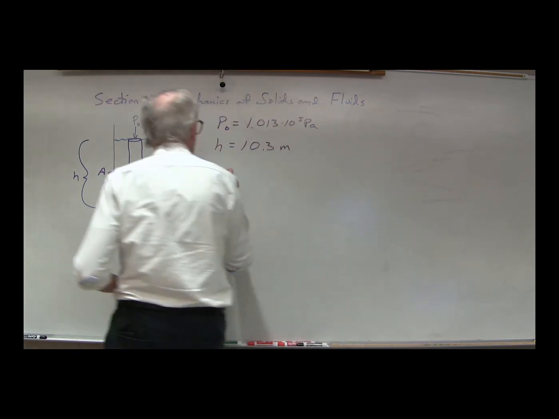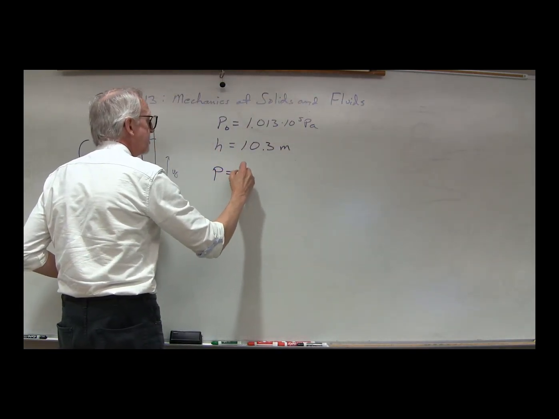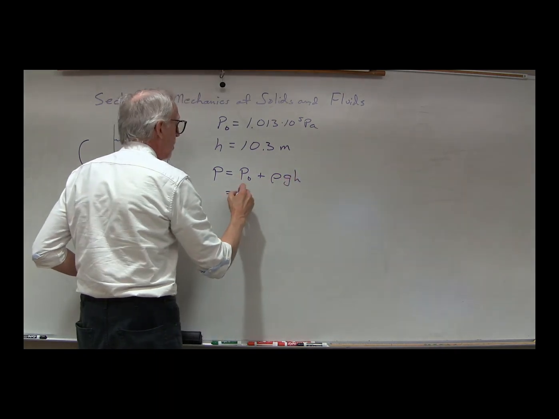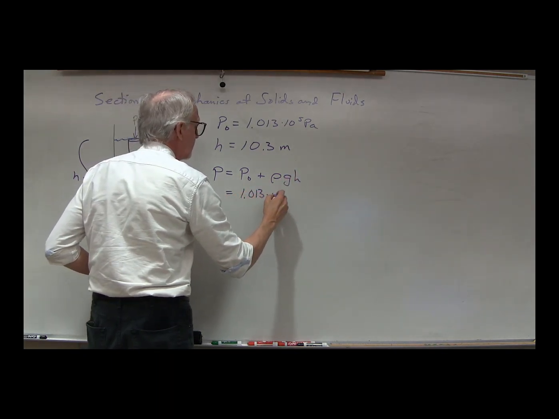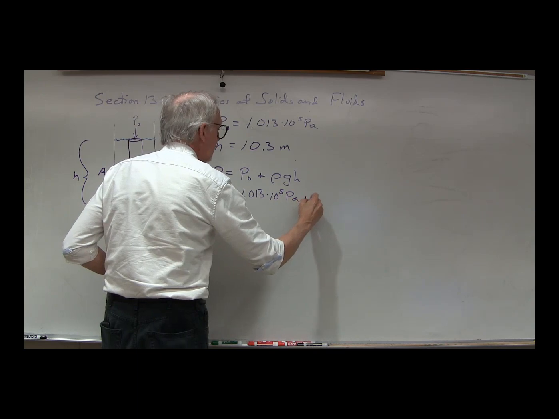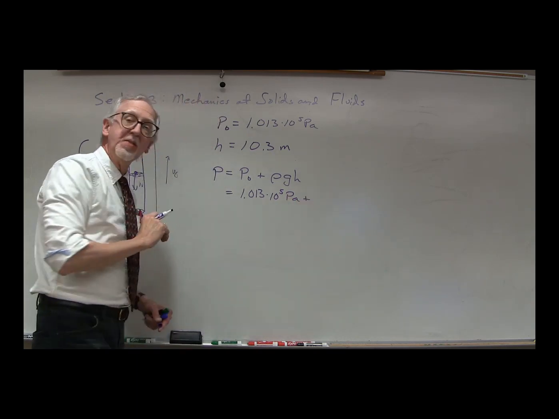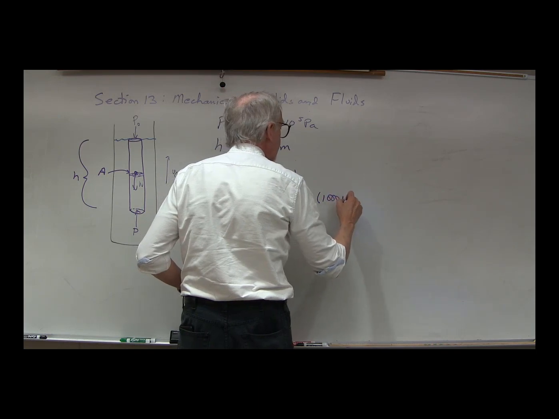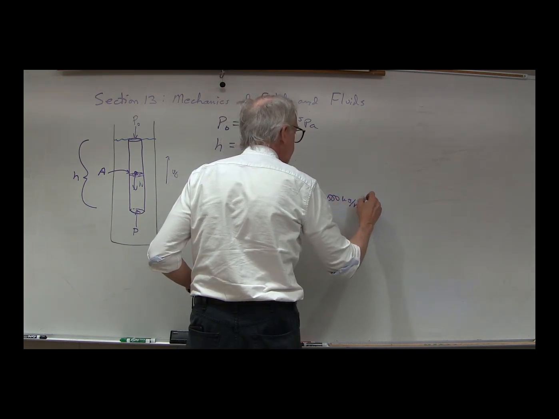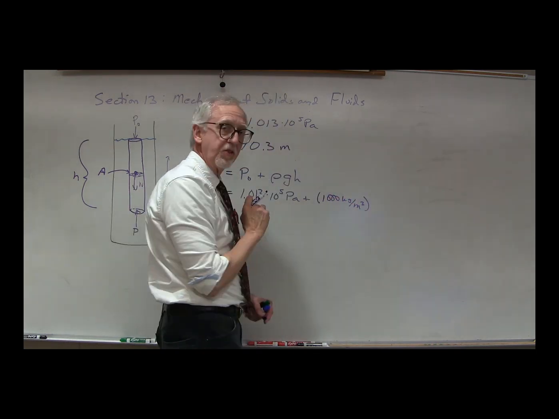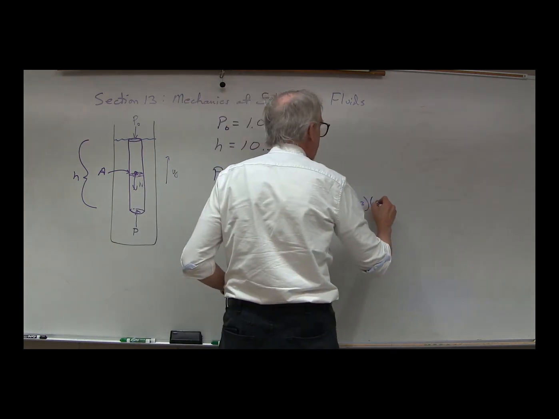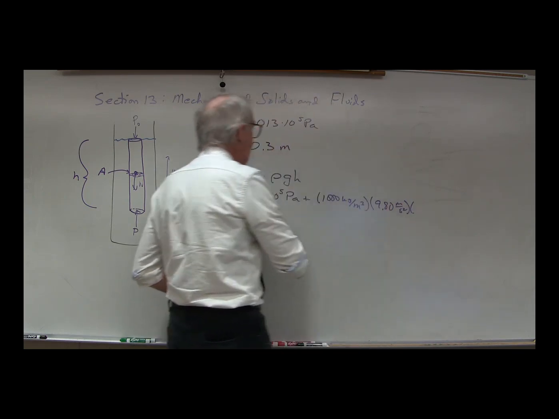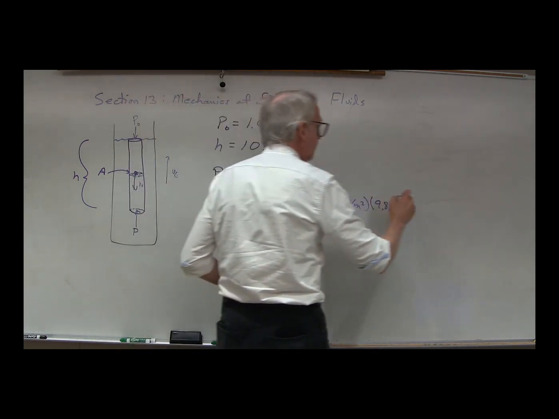What do we have? We know that P equals P naught plus rho g h, or 1.013 times 10 to the 5th pascals, plus rho, assuming this is fresh water, like we've said before, rho is 1,000 kilograms per cubic meter. We'll assume that's accurate to 3 sig figs, times 9.80 meters per second squared, times h, which we're assuming to be 10.3,